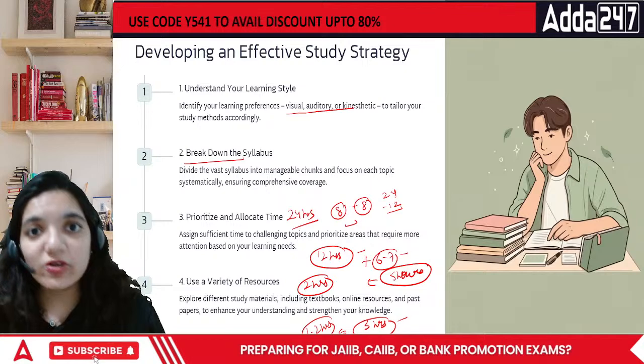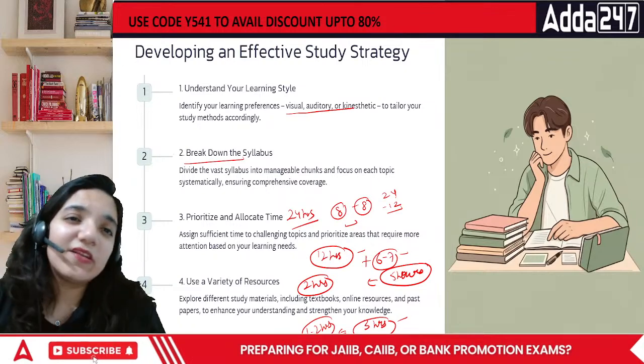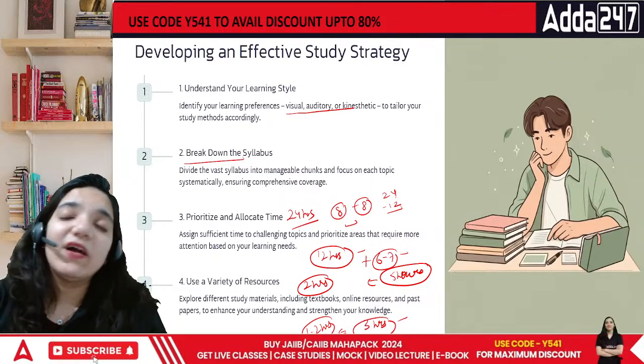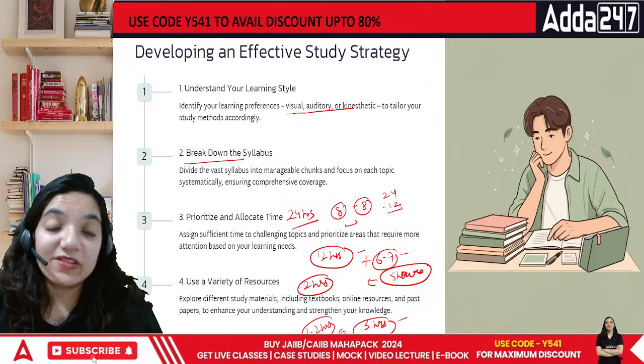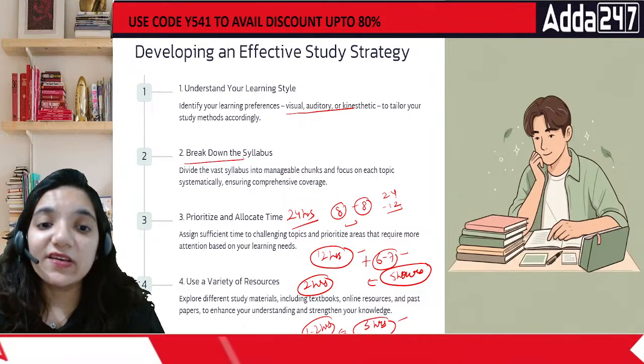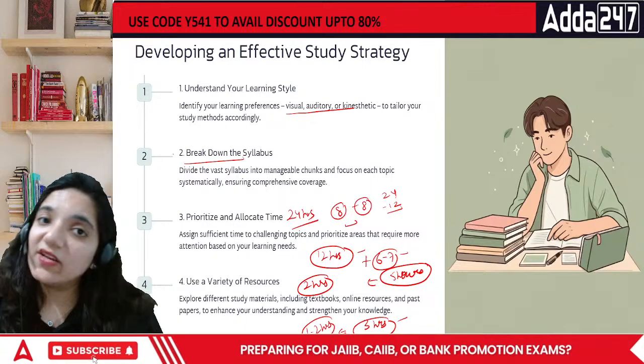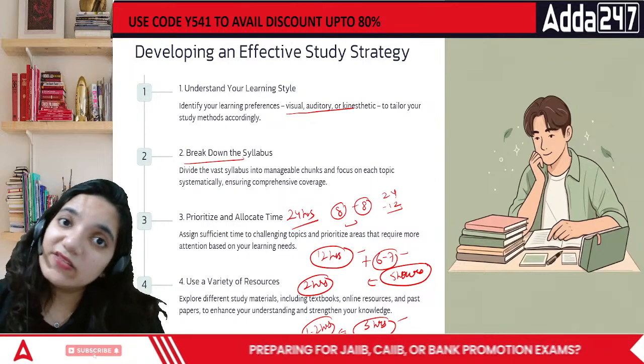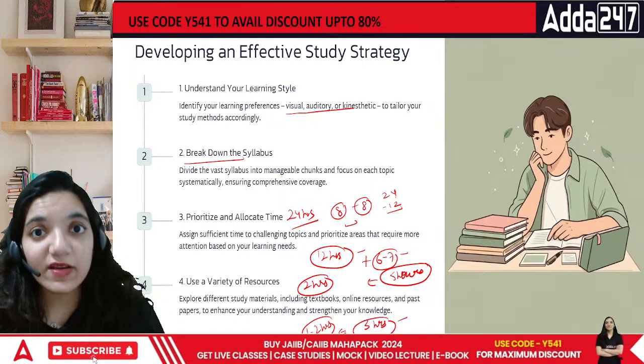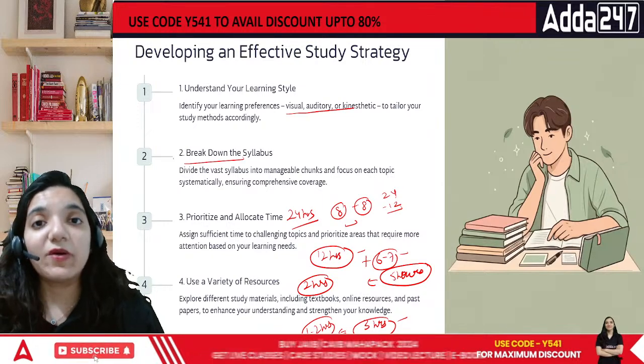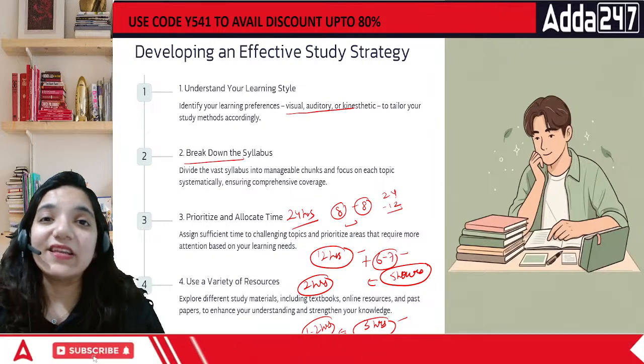For the watching of the class, they are allocating their time. कि ठीक है, the class would be at this point of time. I'll watch the class at that point of time itself. But what about your self study? If you bring down your self study, the self study part is hardly 1 hour, and practically it comes down to half an hour at one point of time, because you cannot study in one go.